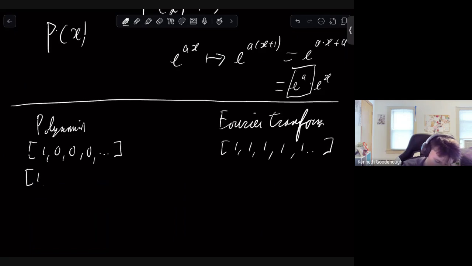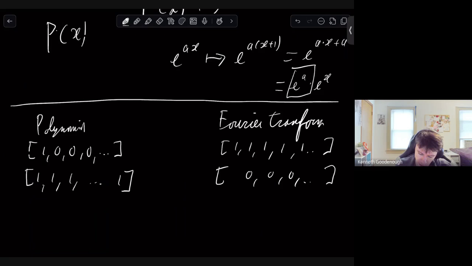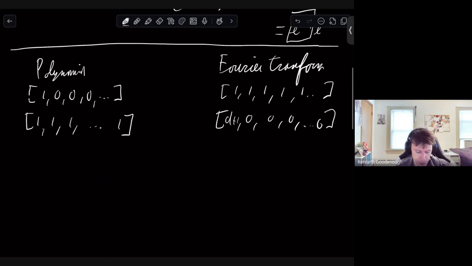And similarly, if we have something like this, and these are the coefficients of our polynomial, then we just reconstruct a geometric series. And indeed, when you evaluate it at the roots of unity, you get out 0, except for the first entry, which is some scalar. I believe it was d plus 1. So that was a nice way to see this. And one thing I was curious about is, okay,